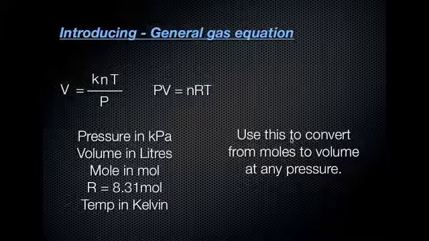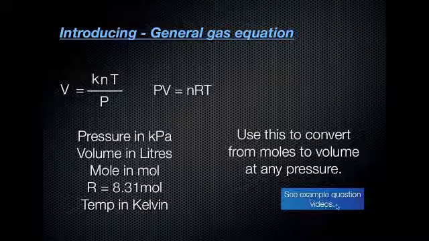What this allows you to do is convert moles to volume at any pressure, at any temperature, because this is our general gas equation. This is usually what you use when you do stoichiometry, and that's what the next slide talks about. So our general gas equation is PV equals nRT, and you need to know how to use this. There are tons of questions in the textbook about it, and we're going to look at those in a little bit. We've got sample example questions here, see example questions videos,